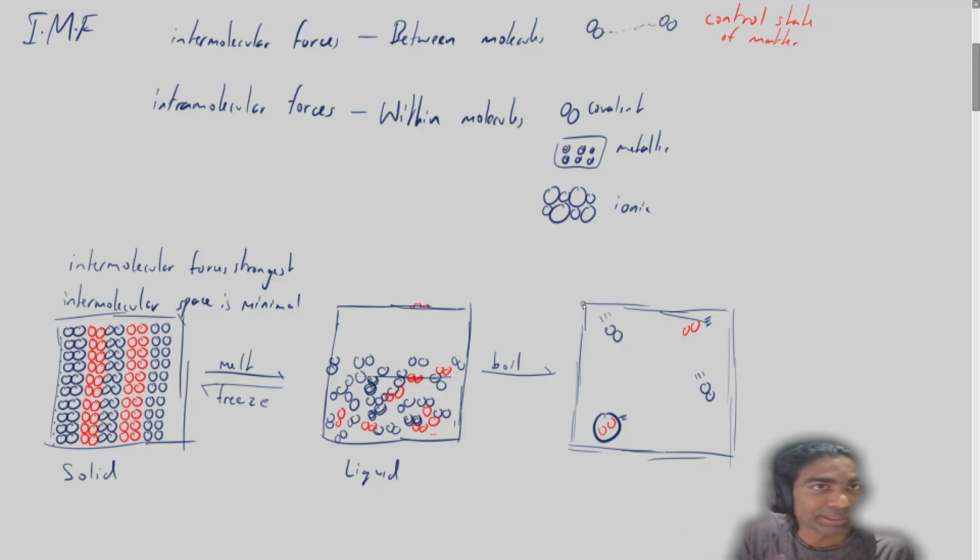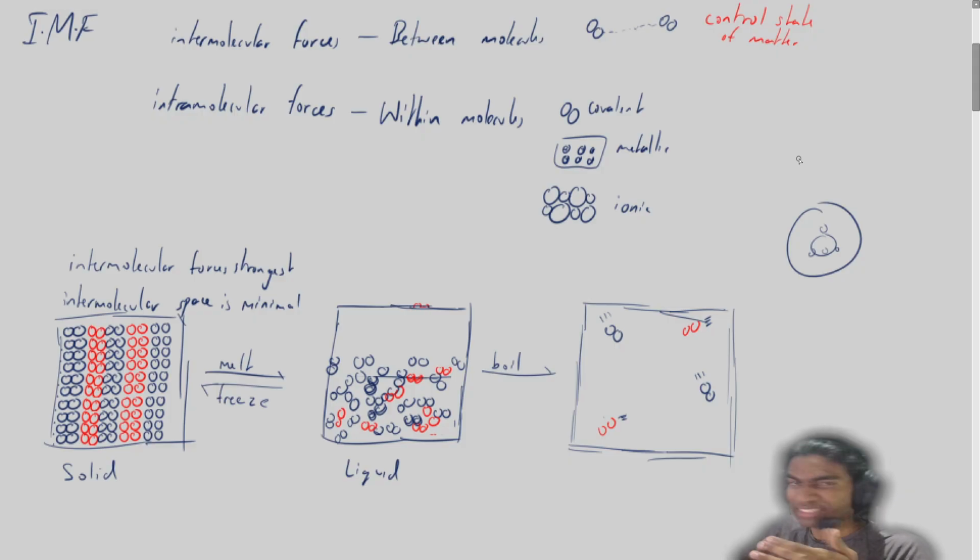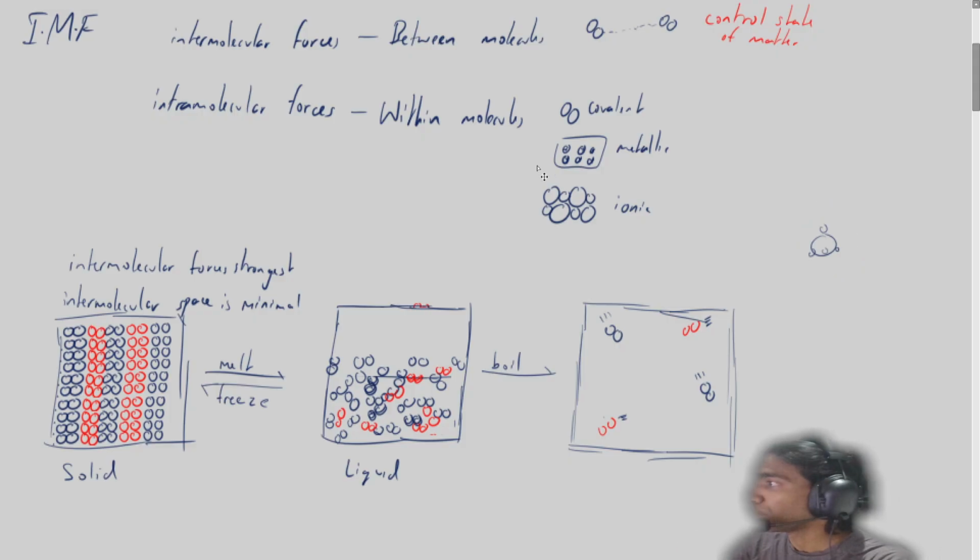So the molecule could even be something that's really complicated, like methane, for example. Methane might look something like this. You'd have one here, one here, one here, and then like one there. And so I could duplicate the structure throughout, and that would be what methane gas looks like, for example, right? So this principle applies for every kind of molecule. And again, if you have this gas, right? So the intermolecular force is now the weakest, but the intermolecular spacing